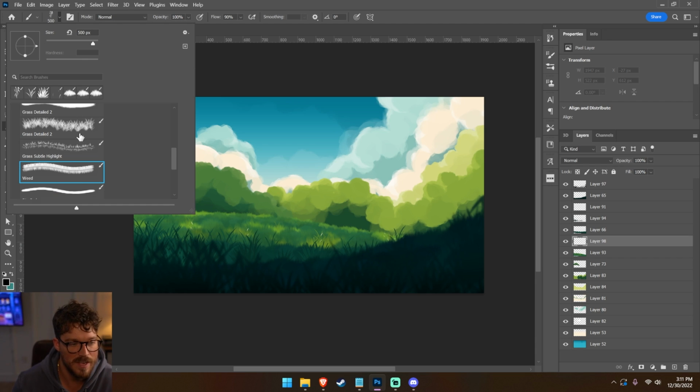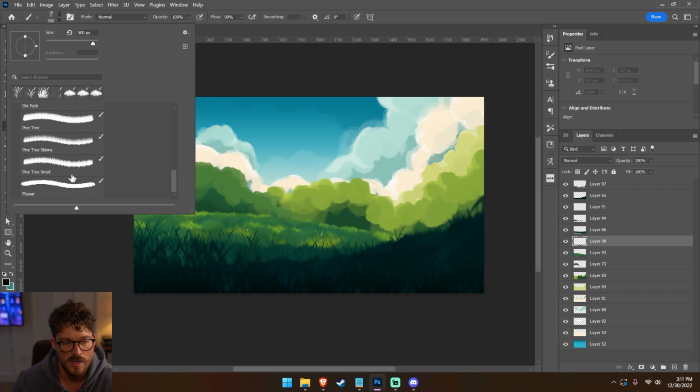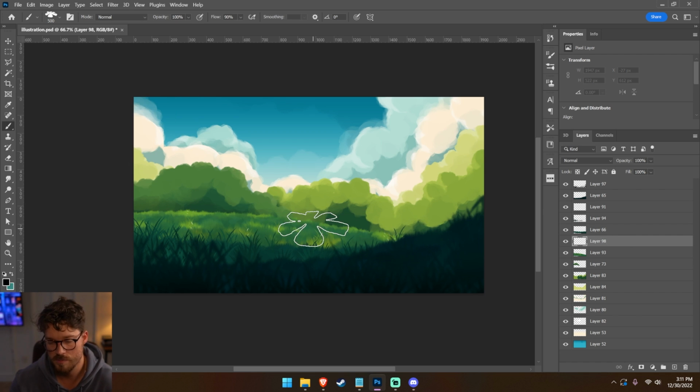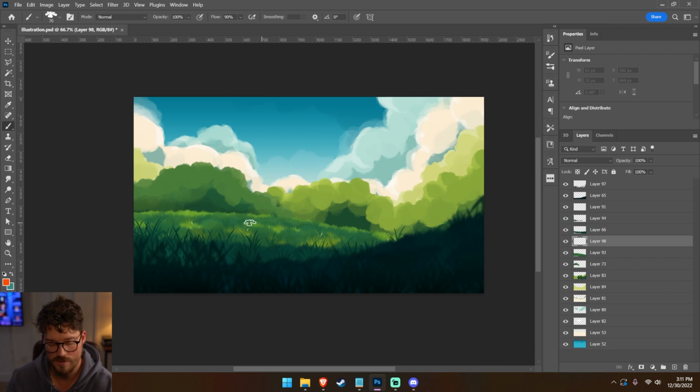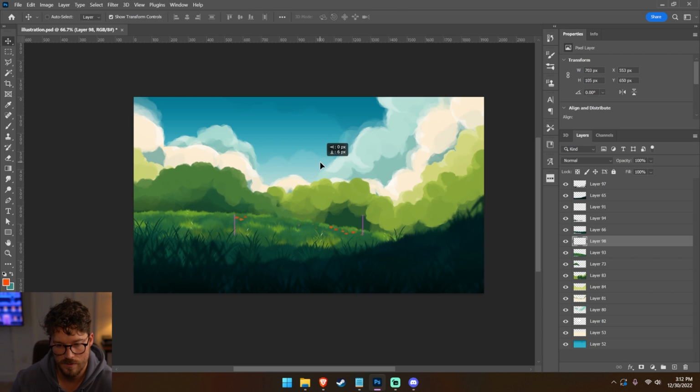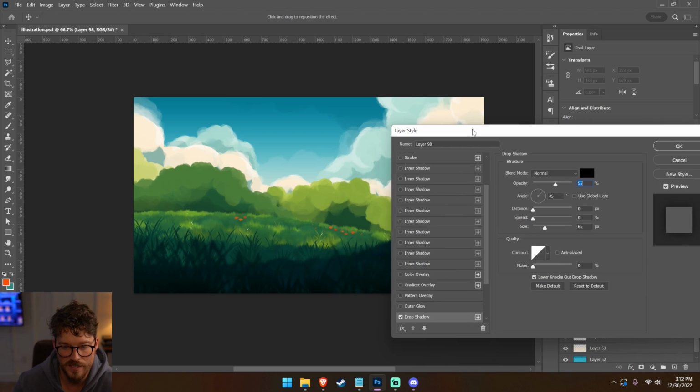Okay, I think we could do some flowers. Okay, so I have this flower brush here, and we're gonna just use some red, okay? Some orangey red, just like that. Tiny little flowers. Just eyeballing it here. Nice. Okay. Add some drop shadow to it just to make it look like they're standing out just a little